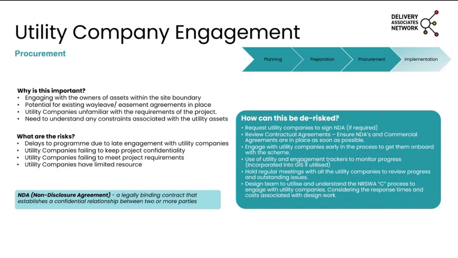So next stage is procurement. So this is engaging with owners of assets within the site boundary. We talked before about how they're identifying them, having initial meetings with them to get them on board. But now, as the project moves on, you'll start delving more into the detail and what we need from them to enable successful delivery. So we need to start talking to them about some of the legal aspects I talked about earlier in terms of way leaves and easements,